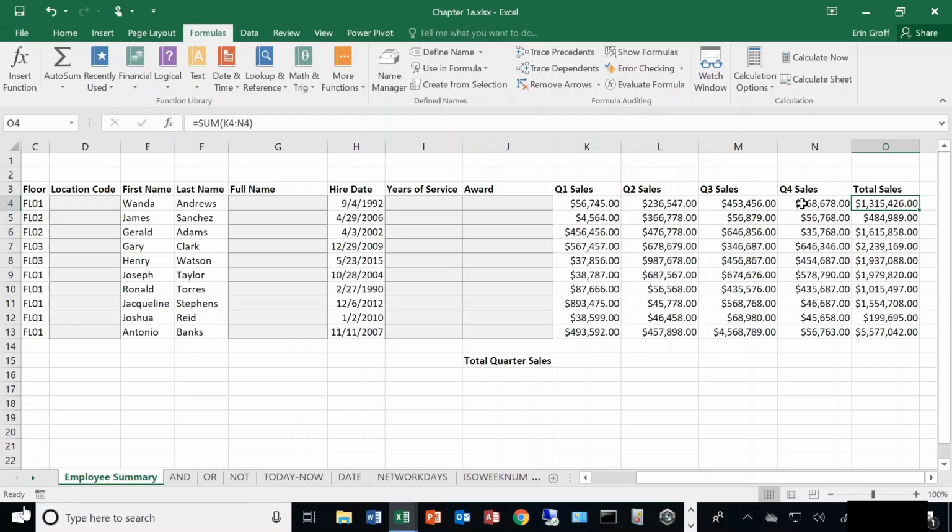But I could use a defined name range in order to do that. So maybe I'd name the range Q1 sales, Q2, 3, and 4, and these are all for Wanda Andrews. So maybe I could go up to my name box, name this Wanda_Andrews, hit enter. So instead of having this as the sum of K4 through N4, I could enter the function